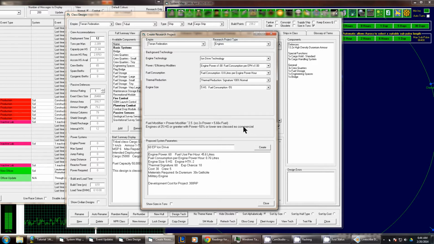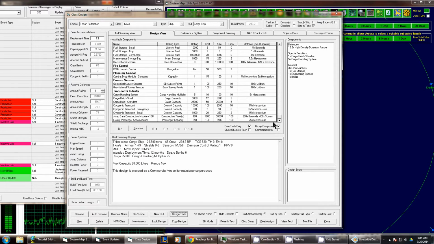The game says right here, engines have to be 25 size. So let's take a look at the size. It's 5 HS, which is 250 tons, and we'll bump it up to 25. Alright, but still a military engine. While there's a second qualifier, it has to have a power of 50%. So we'll change the engine power down to 50%, and now it's a commercial engine, which is suitable for what we need. So we'll hit create, and we'll come back here,